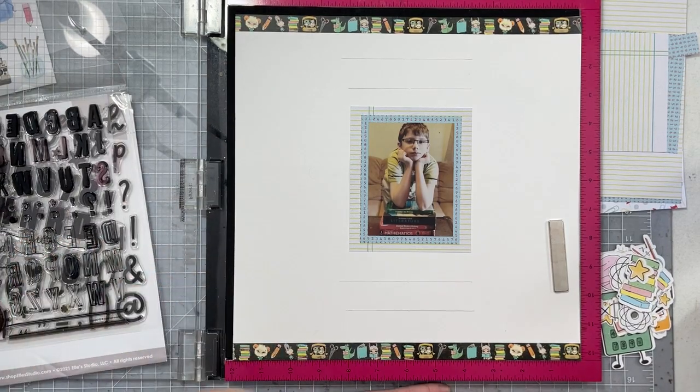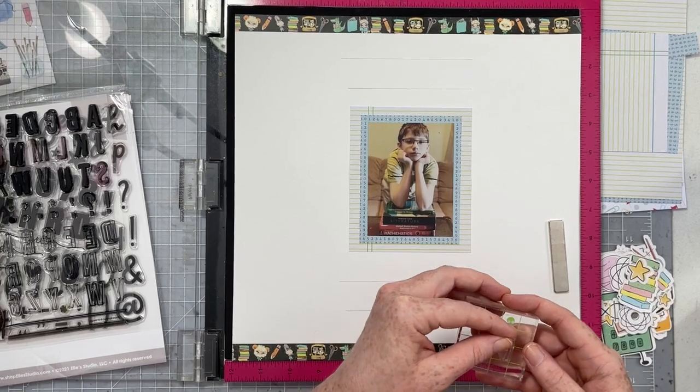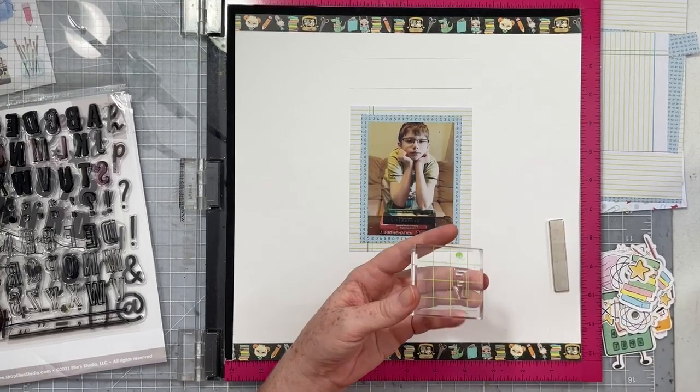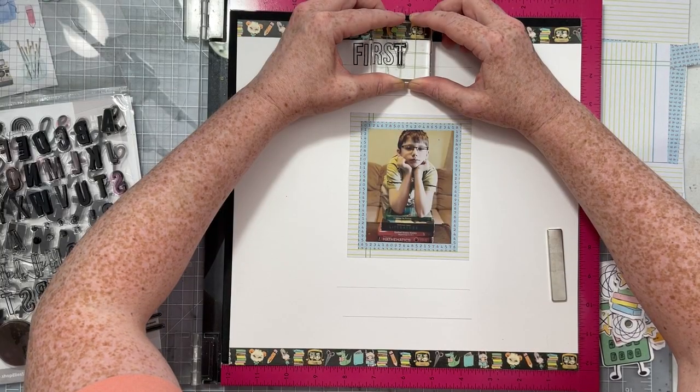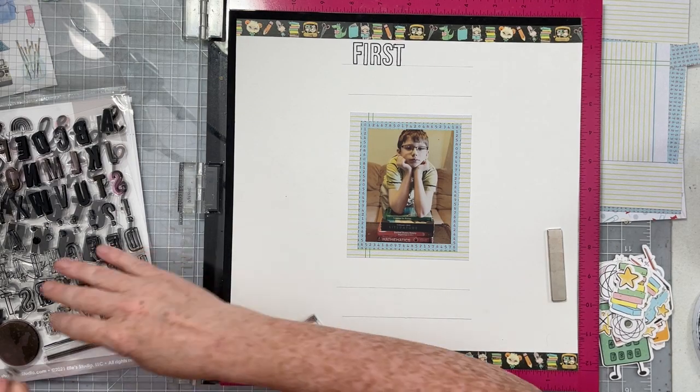It's just my favorite. So I'm going to just start with the outline alphas, and then I'll fill it in with color later. So I'm going to put first day of 8th grade on this layout. That's going to kind of be my title. It's going to go across the top. And after I've stamped out first with the Catherine Pooler outline stamps, I'm going to go